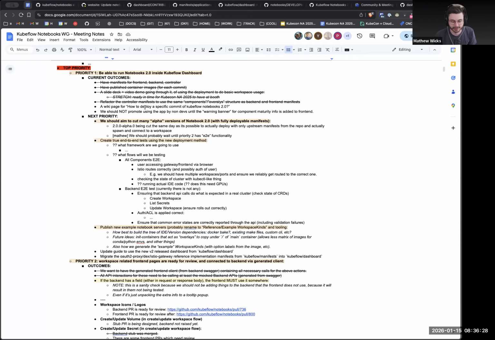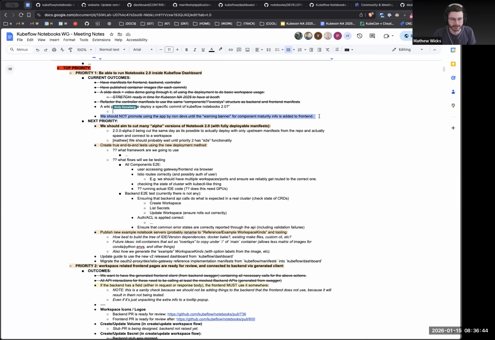This explains the components of it, how you deploy it on a clean cluster, how you replace certain components like auth and dashboard. It starts by using the dashboard upstream open source version as a reference, but that's important. What else was there? Oh, we should add this warning banner. Actually, that is pretty important.